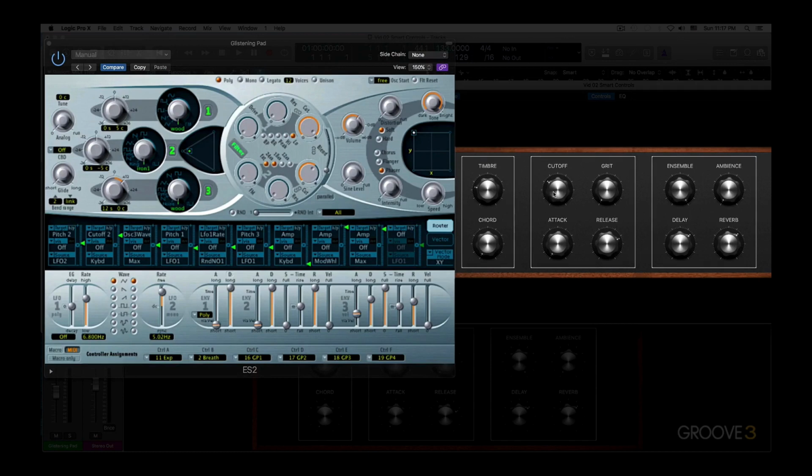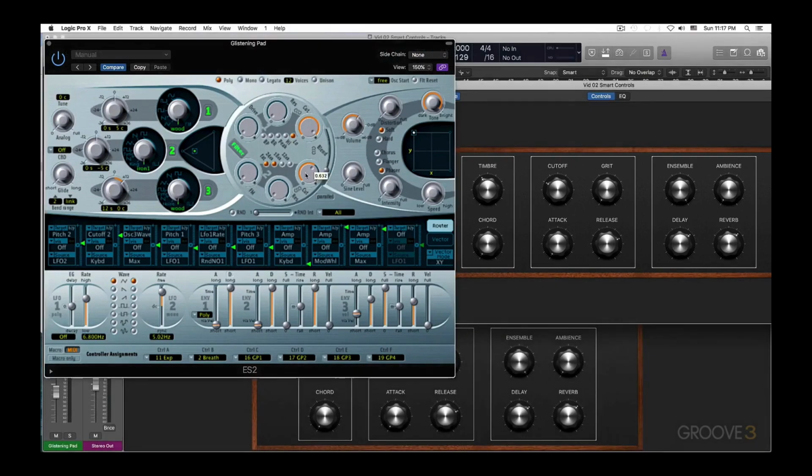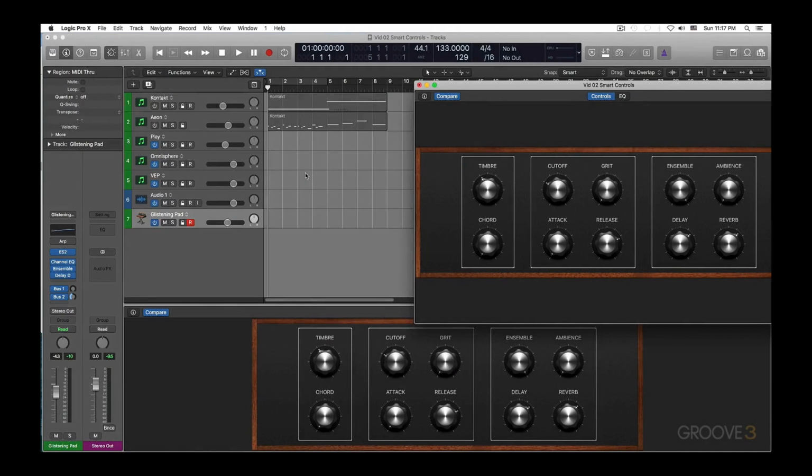And we have cutoff here, and we move this around. We can see our knob here moving. We can play another note or two. So you get the drill on this, and it's all automatable, by the way. All right, let me go ahead and get rid of our ES2 there, at least for the moment,